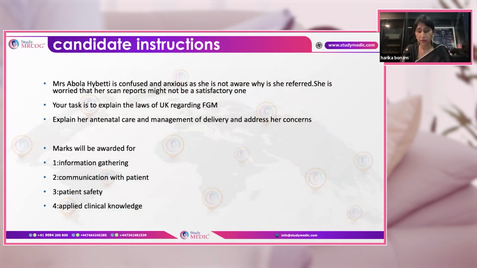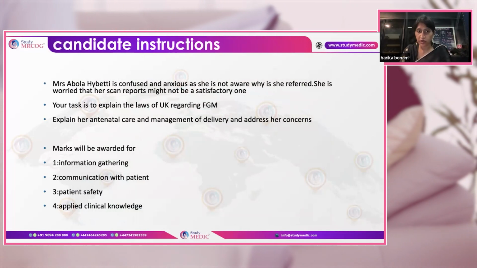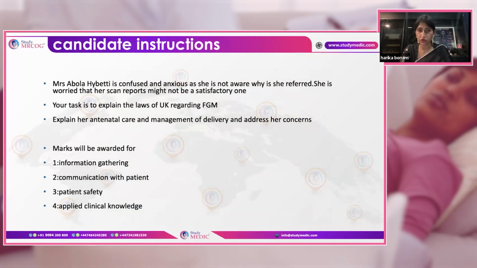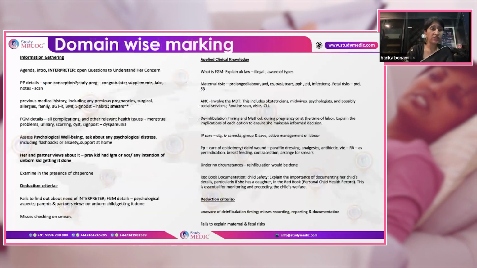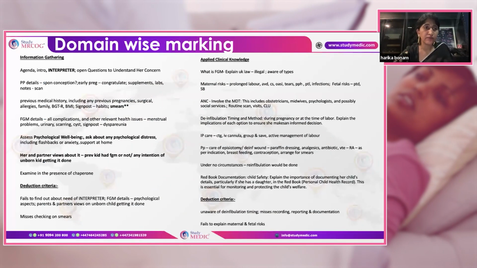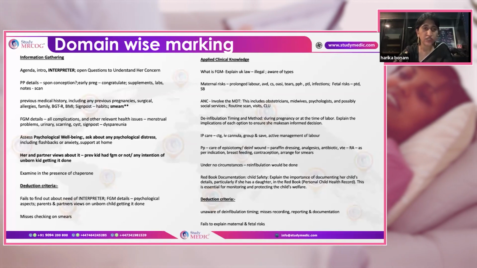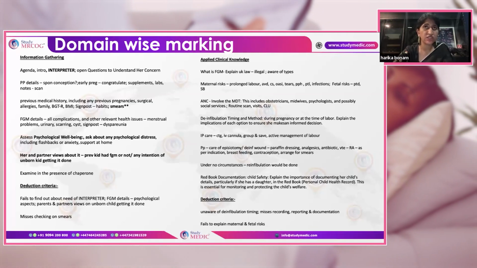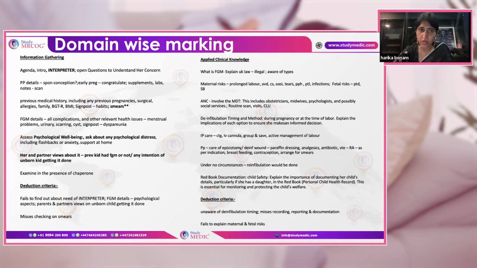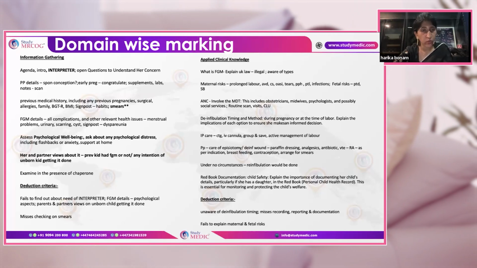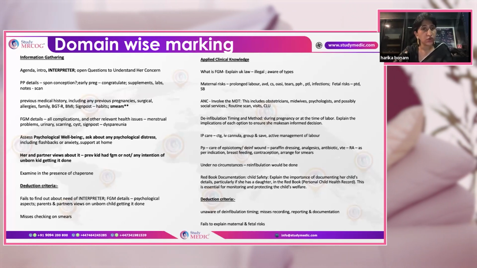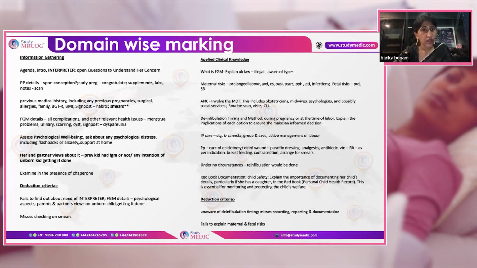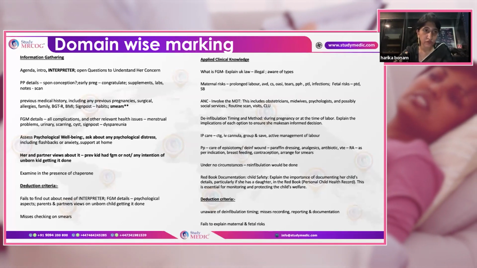All domains except communication with the colleague, but you have to write back to the midwife because the midwife has referred to you. So in the information gathering, after the introduction, making an agenda, first thing you have to do is check for an interpreter. You take the entire history and then you understand that she's not understanding anything. What is the point? So please check for the interpreter if she requires anything, and then use open questions to understand her concerns. And you can sensitively ask about the FGM.